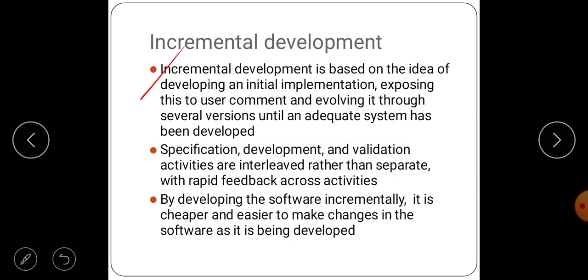Incremental development is based on the idea of developing an initial implementation, exposing this to user comments and evolving it through several versions until the system has been developed. They are telling that it is the idea of an initial implementation, exposing this to user comments.